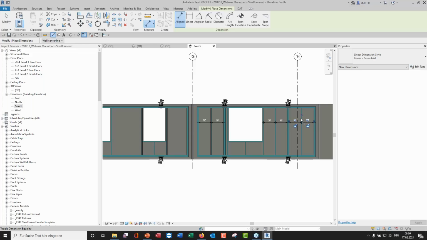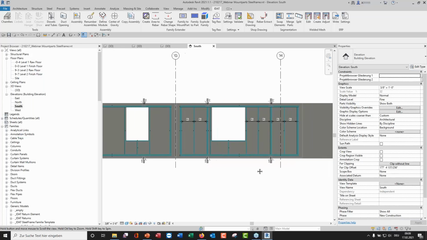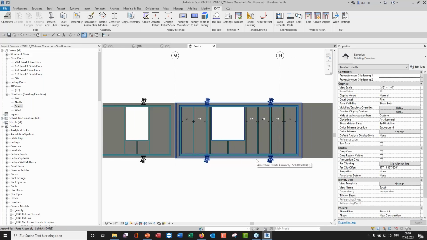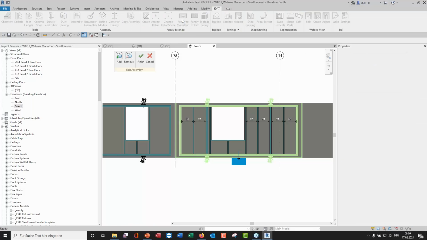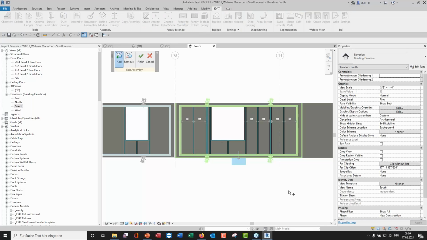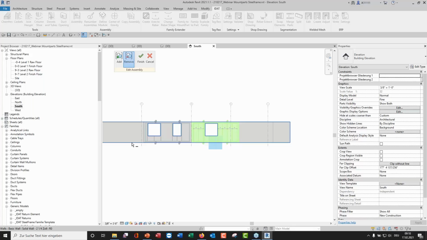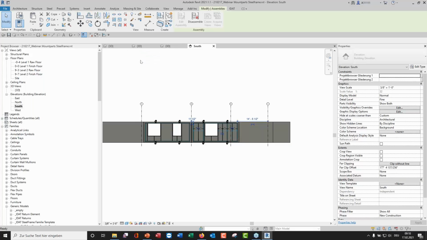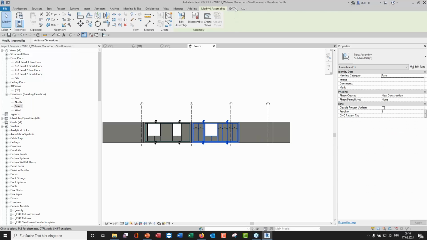So go equal. Here we are. So we worked that panel out, and now I'd like to bring all these objects into my assembly. You can do that manually if you want to. Just choose the objects. Maybe I have to beware because this one is in the background as well. And now we've got the whole assembly,